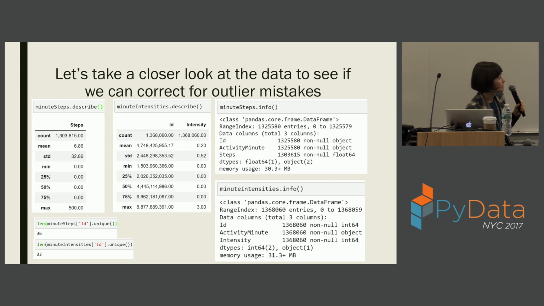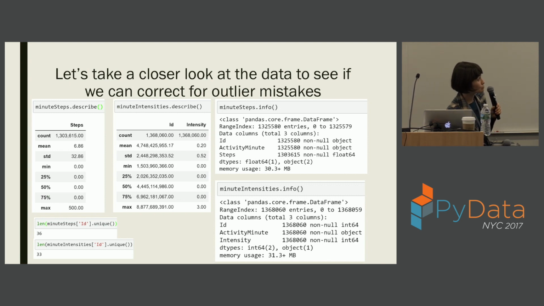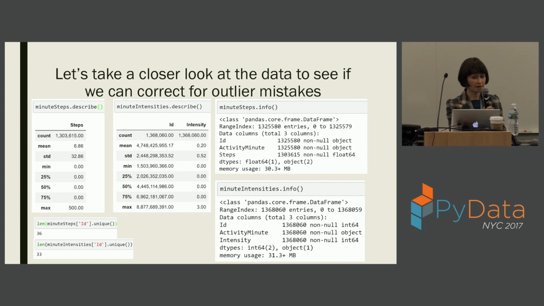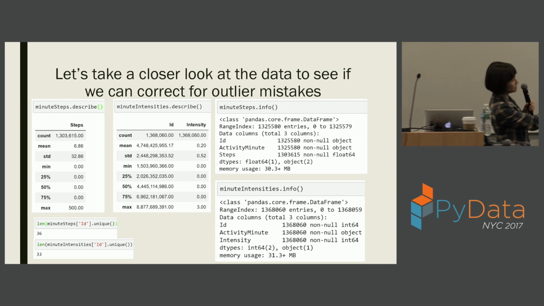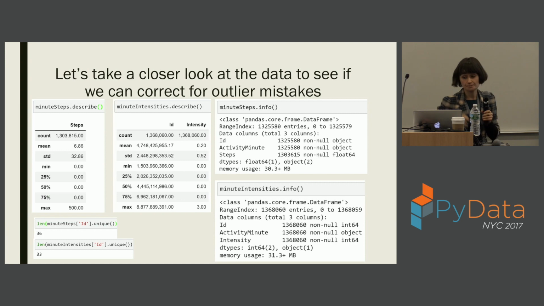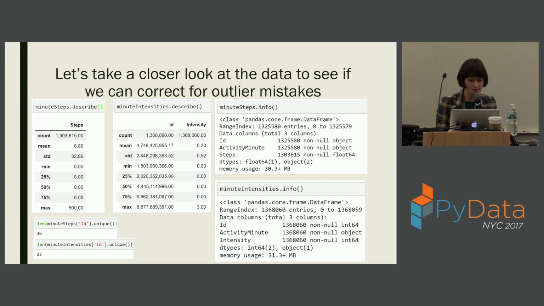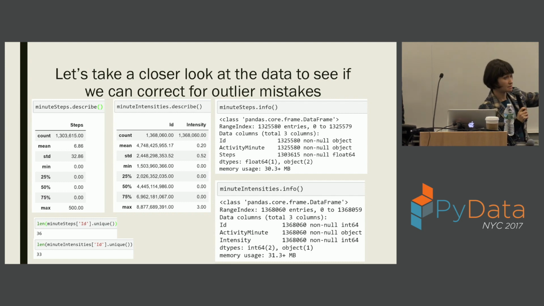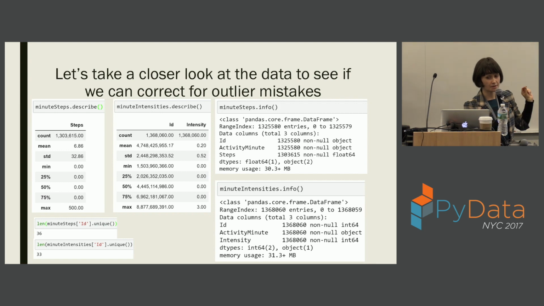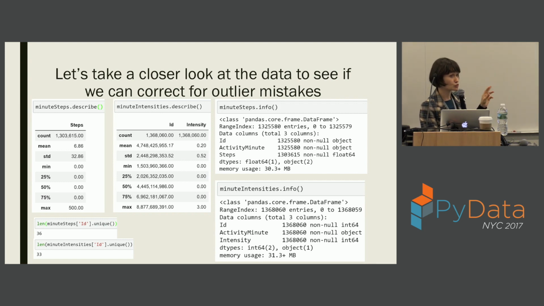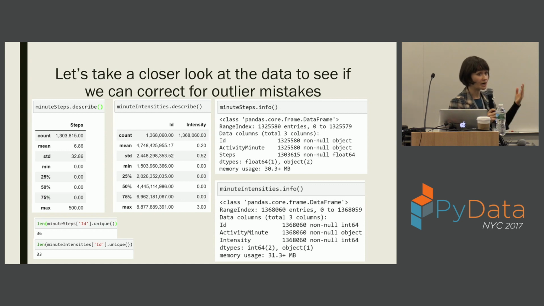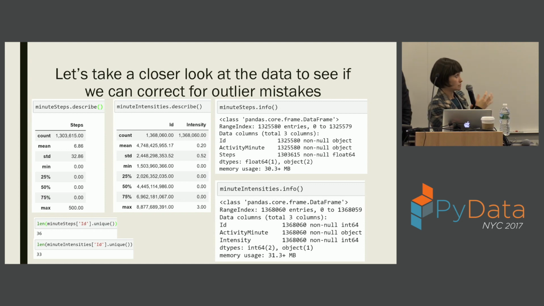Other observations: you can see that there are some null values in the steps table, because if you look at the counts in the info slide, the counts are off. So there are null values. Another check is the number of customer IDs in the steps and intensities are different. One is 33 and another is 36, which also asks you why is it happening? Why are they not matching together? So you can see a lot by just doing this very simple thing. And this is kind of a message: always do it before you proceed.